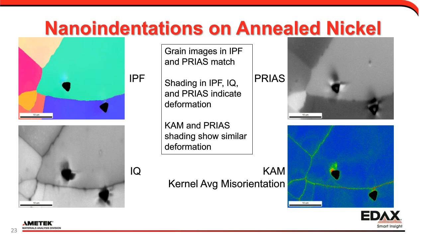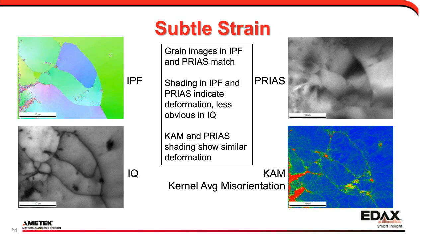The deformation contrast is difficult to see in the IPF, but it is there, but it is very easy to see in the other displays. The benefit of PRIAS is that it is the only method to see this deformation structure live without performing the whole EBSD acquisition. In this example, subtle contrast is found in all of these images and maps, which indicates subtle